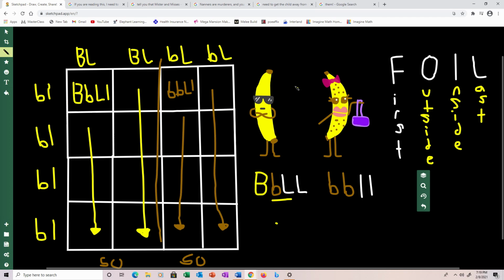So we have a 100% chance that Mrs. Nanners will be, there's a 100% chance that child will have long arms. There's a 50% chance that it will be spotless, and a 50% chance that it will be